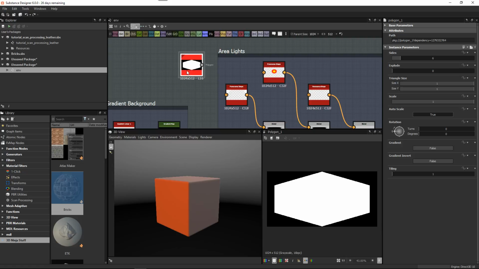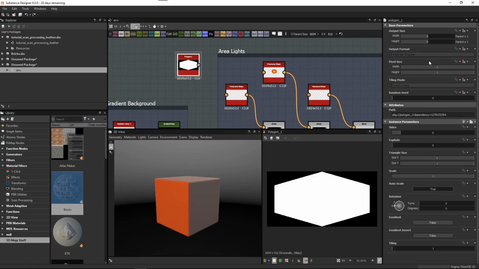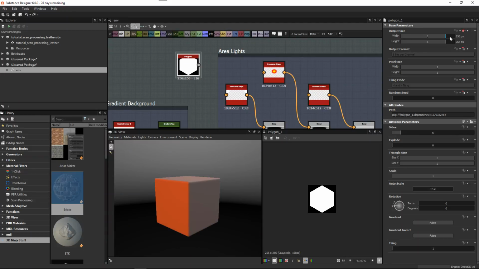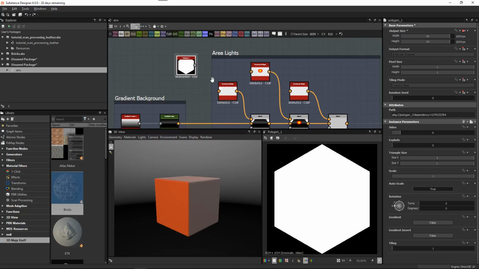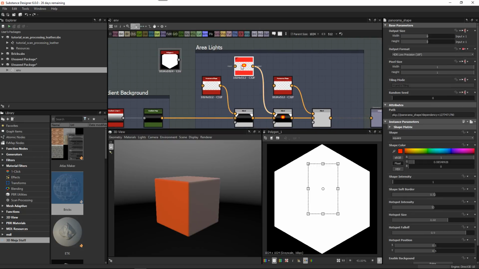All right, now for this guy, I do want to lock him to be square. So here is where I would come to my output size. I'm going to set it to absolute, and here I'll just do 1024 by 1024. So this is the shape that I'm getting. So on this node itself,